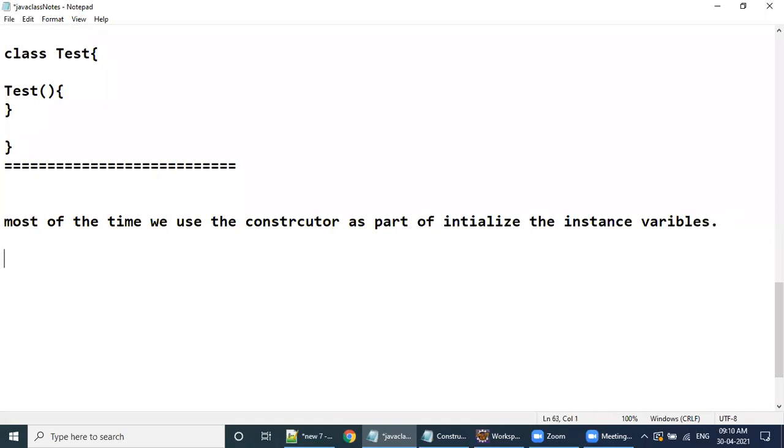Sometimes, consider here, sometimes we will write logic